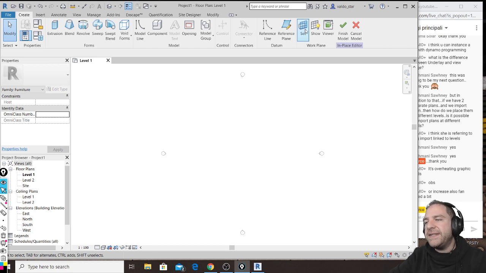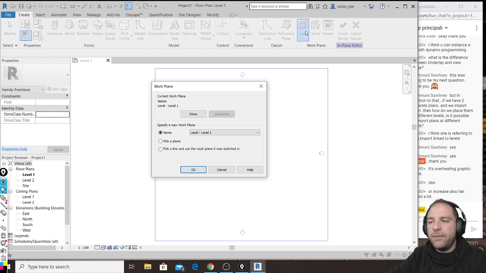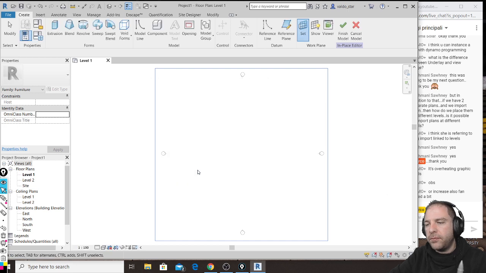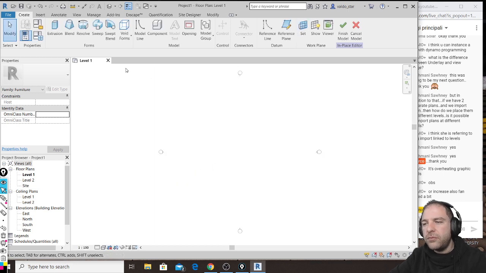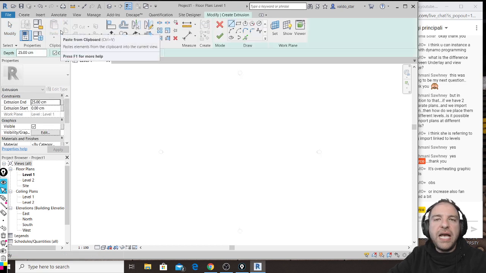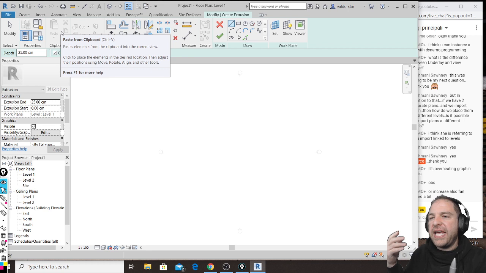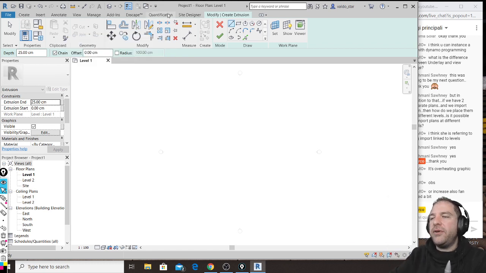So let's see this. First thing that I will do is I click set, and I will see that from the plane that is called here, my starting plane will be level 1. Phenomenal. So I can click extrusion, and extrusion works like a very basic tool. Basically, you have to draw closed shapes,